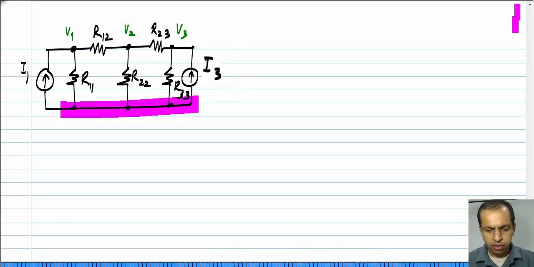Okay. So, now I have to write I11 plus I12 equals I1. Okay. I11 plus I12 equals I1, and these are